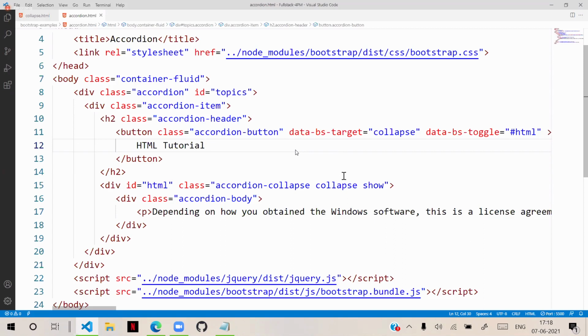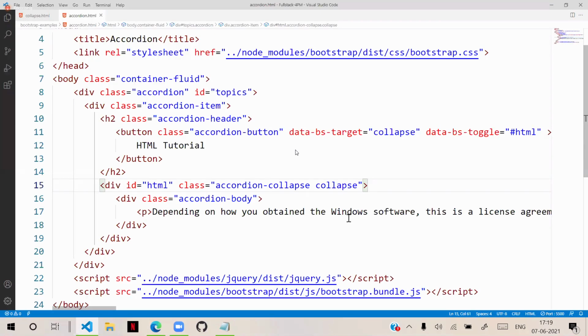So that is data toggle, that HTML. That means it is going to toggle that. But it can work only when you have multiple options. By default, I gave show. If I don't give show, then this is collapsed. So that means accordion is just defined with the collapse option here, and show and not show is configured. It will display like this. Now, when I keep show, then it will display.